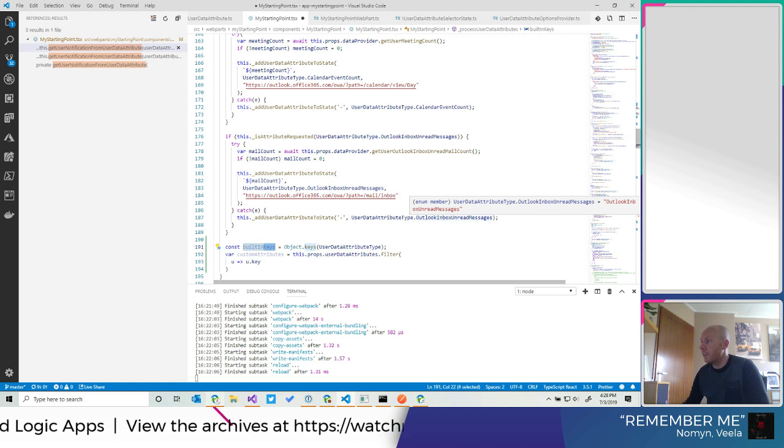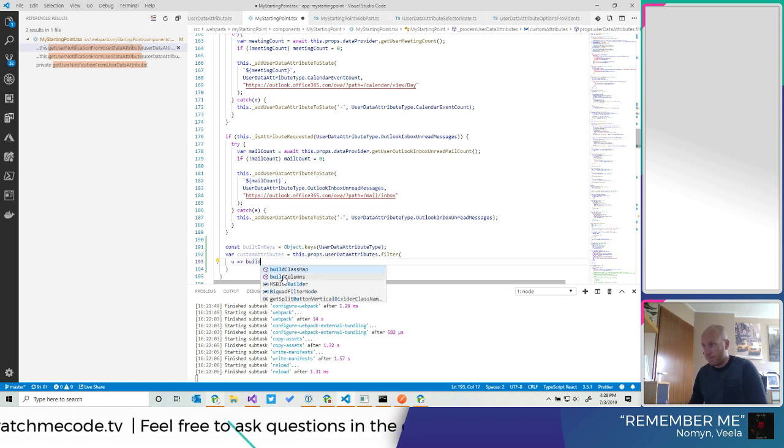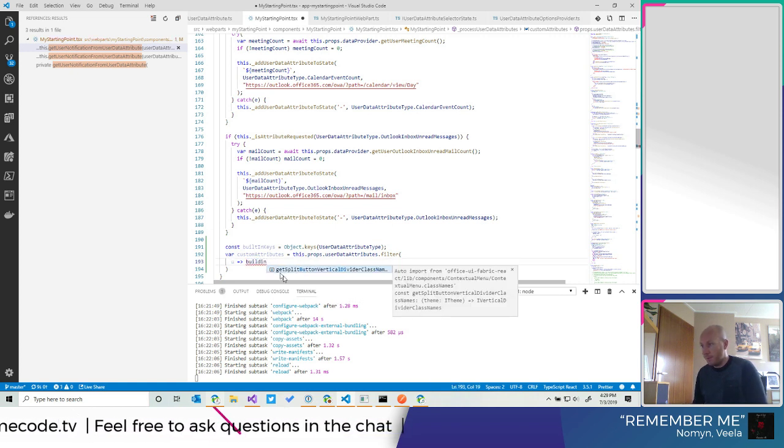Although the keys are exactly identical to the name, so maybe don't bother. But I could also convert this to the values using a map. But it's going to be fine. So we have the built-in